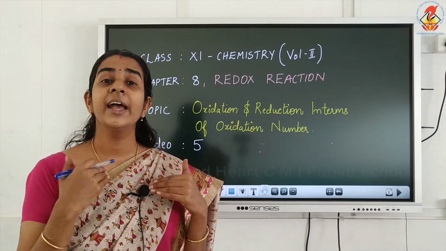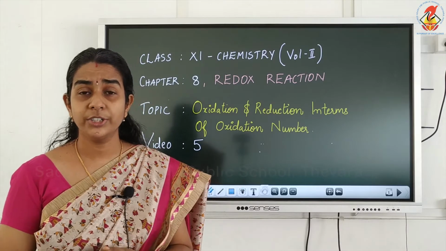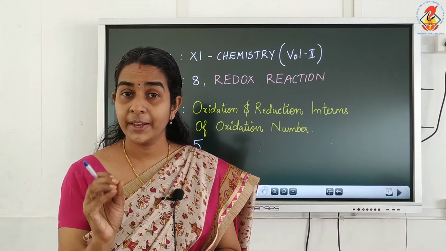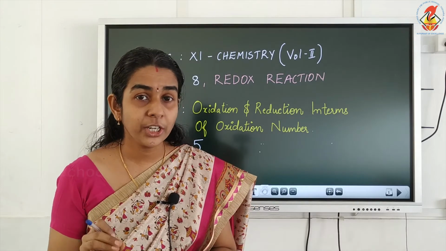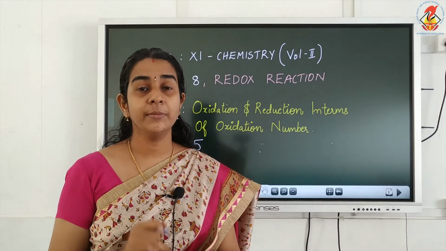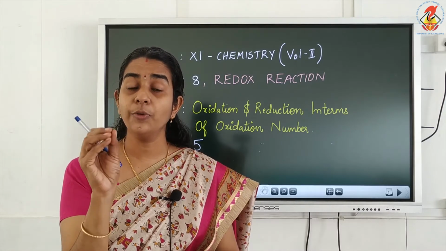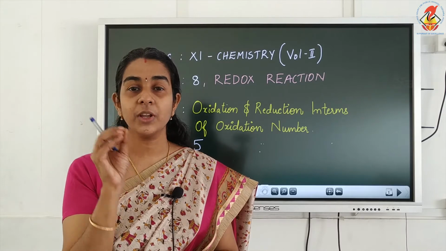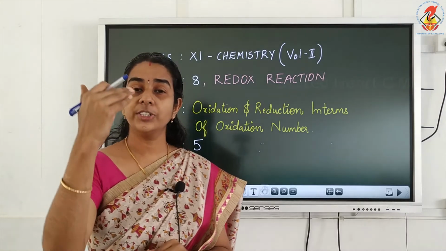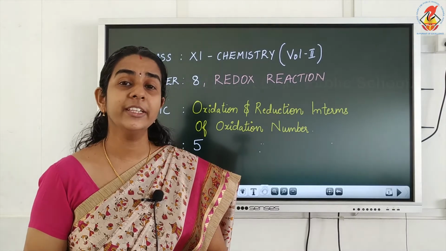Oxidation state is actually another term for oxidation number. So we know how to assign the oxidation state or oxidation number of each atom or each element present in the given equation or in the given species. Regarding oxidation number, the most important thing to remember is that we assign the oxidation state of each and every atom or element present in the given equation, and we always write it on the top of each atom or element.